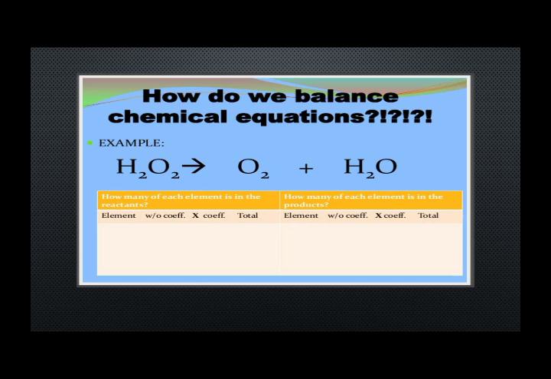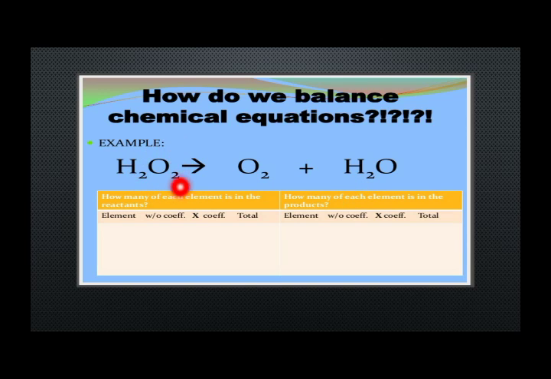So what we are doing over here, we have to calculate what is the quantity of hydrogen present on both of the sides, on the reactant side as well as on the product side, and what is the quantity of oxygen present on the reactant side and the product side. So all of you take out your pencils and a rough notebook and start doing the balancing of the equation. Here you can see that 2 hydrogen atoms are present over here, and on the product side again 2 hydrogen atoms are present, right?